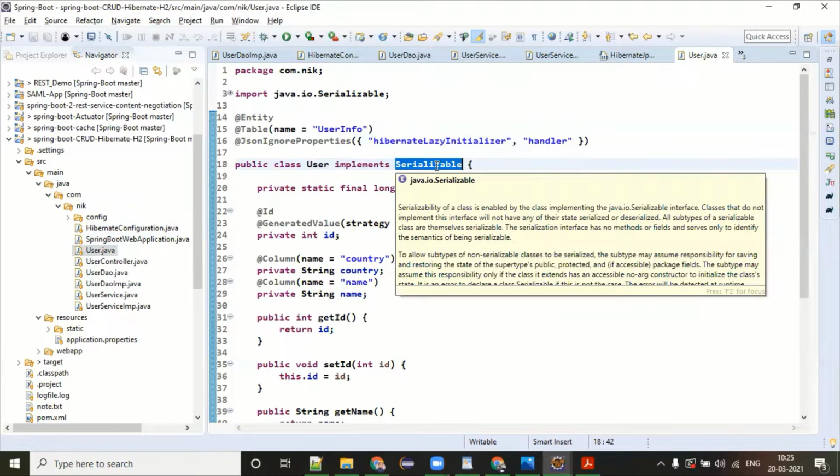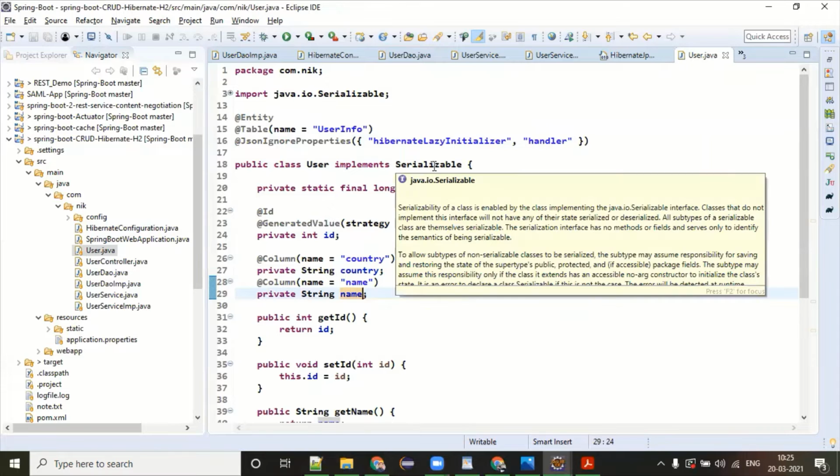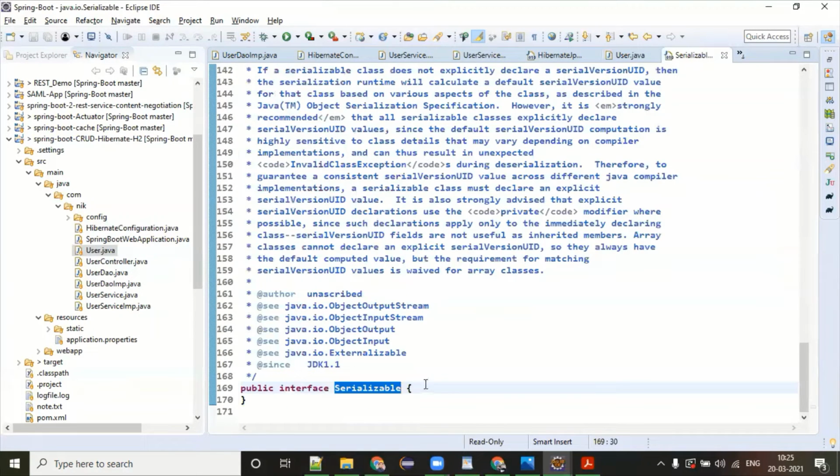So serialization is basically to convert your object state into bytecode. Whenever you have a network call or whenever you are writing into a file, we are doing serialization. So whatever data you are flowing over that network, you have to implement the Serializable interface. This interface is one of the marker interfaces, and when we say marker interface, it does not have any method inside its body. If you open it, this is pure Java code. It's not having any method.